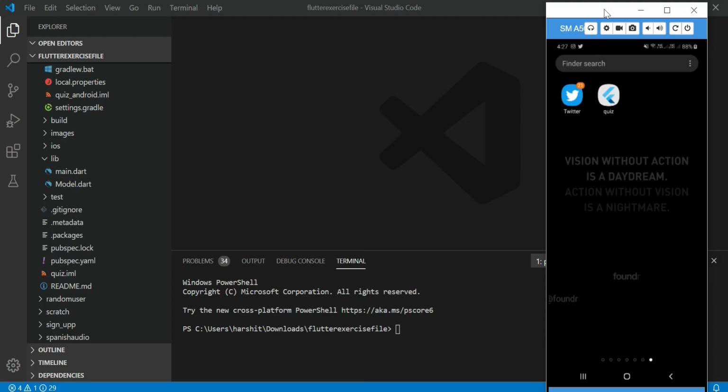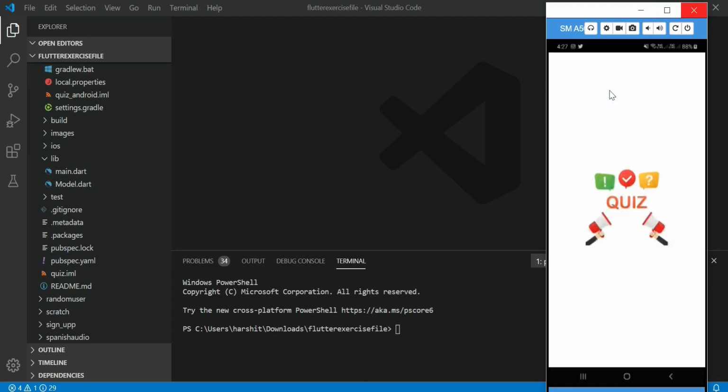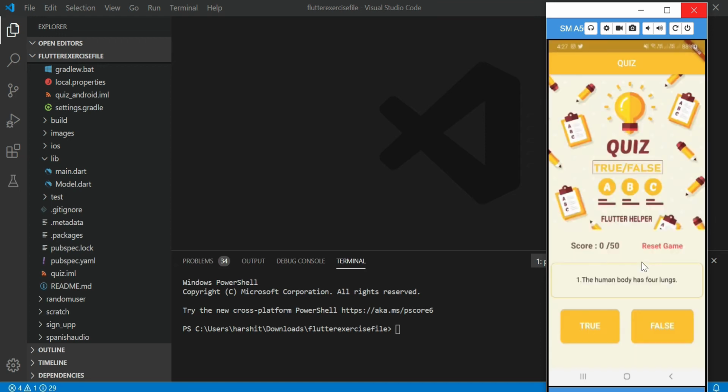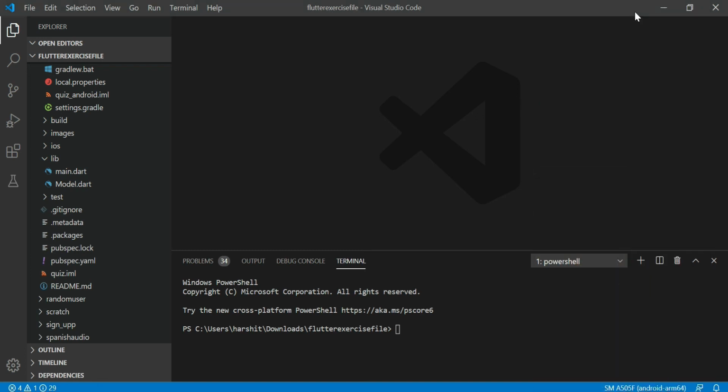Now it's time to build a quiz app. First I'll show you what kind of quiz app we are going to build, so it will give you a better idea about the functionality of this app. As you can see in this app, the score of the game will appear and a reset button. And the amazing thing about this app is it has a snack bar. When I tap on true and false button, a snack bar containing a correct or incorrect message will pop up. So this is the app that we are going to build.